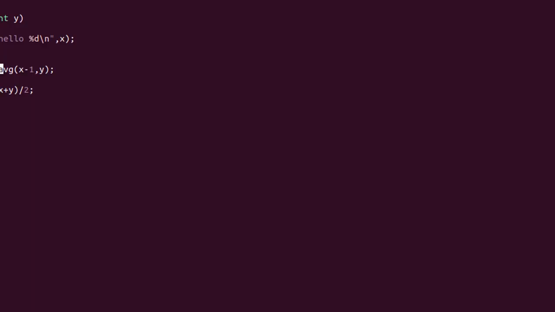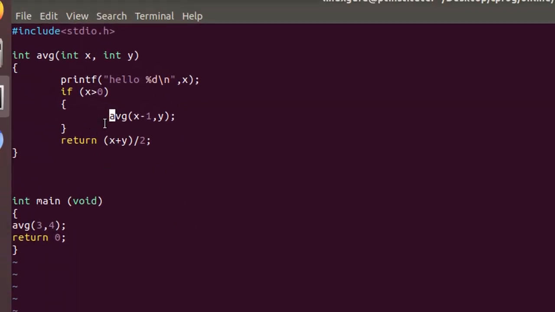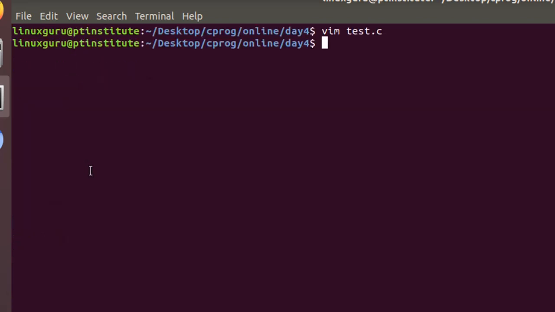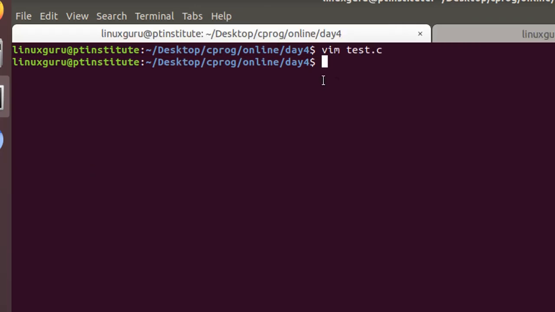But consider now we are calling some function here. Consider this printf we are calling here. This printf I can run in two, the same program.